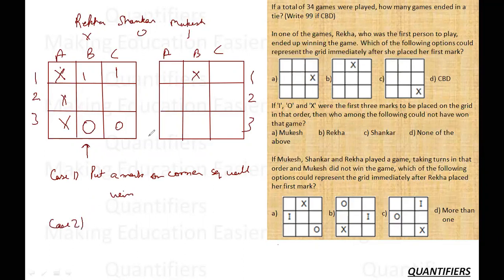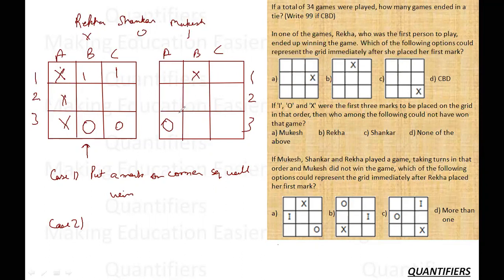Let's talk about case 2 now. In case 2, a person is starting from here. Let's say these are the terminals. So this is the first, this is the first. A person cannot mark anywhere here. So he can either mark here or here. Again, the figure is symmetric like in this case. So I'll just take any of the cases. Let us take that the person has given a mark here.